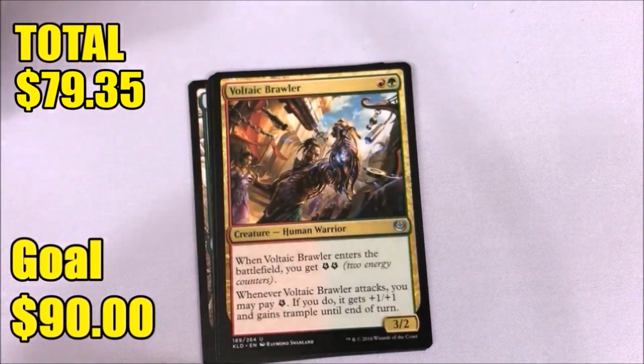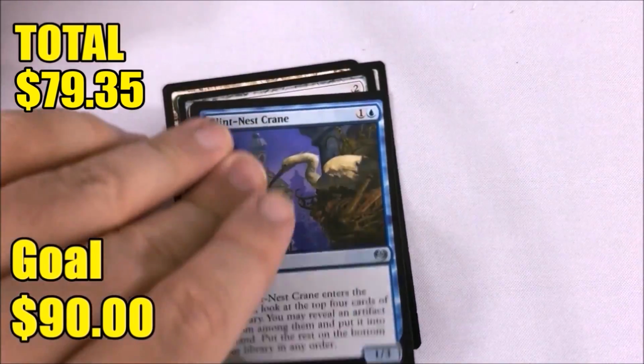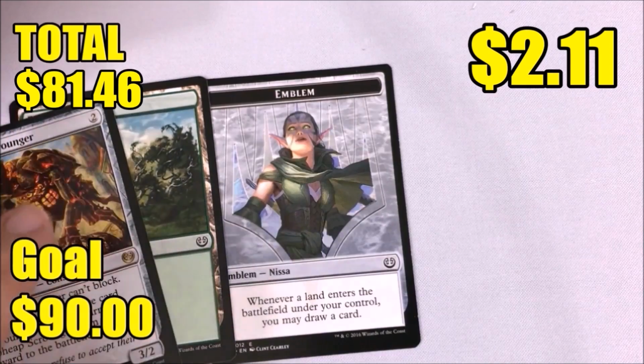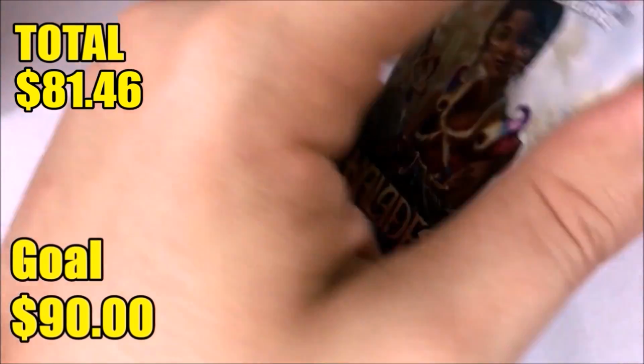And what was my other one? It was another fetch land. Oh, it was Wooded Foothills. I opened that on the channel. And then, let's see what our rare is. Scrap Heap Scrounger. Actually a good card. Has seen some play in Standard. And we also got ourselves Nissa. So very awesome. Anyway, as I was saying,